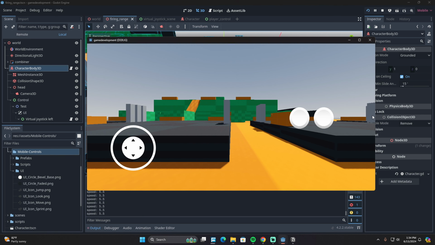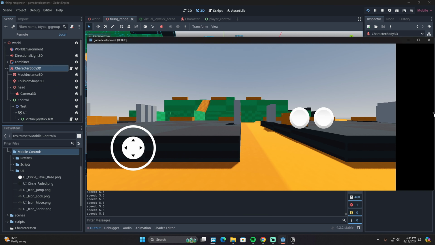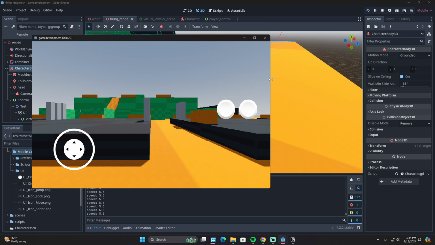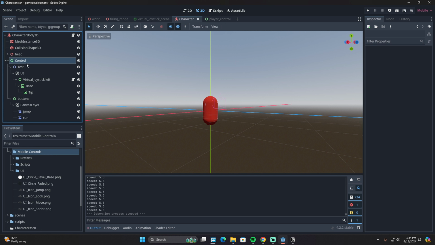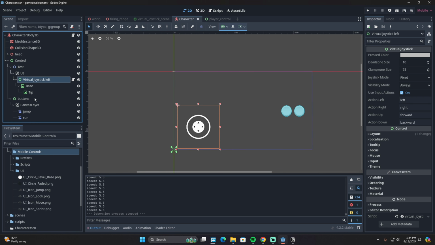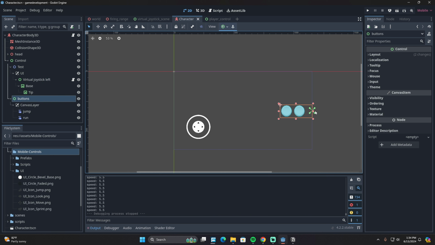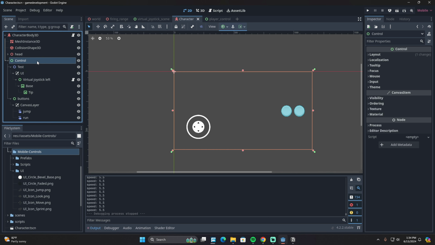Okay, now if we, whoa, what happened? Well, that's crazy. Go back to your character. Let's debug a little bit. This has been anchored in the center right. And then the virtual is anchored in the, what do you call this? In the bottom left. Control is,